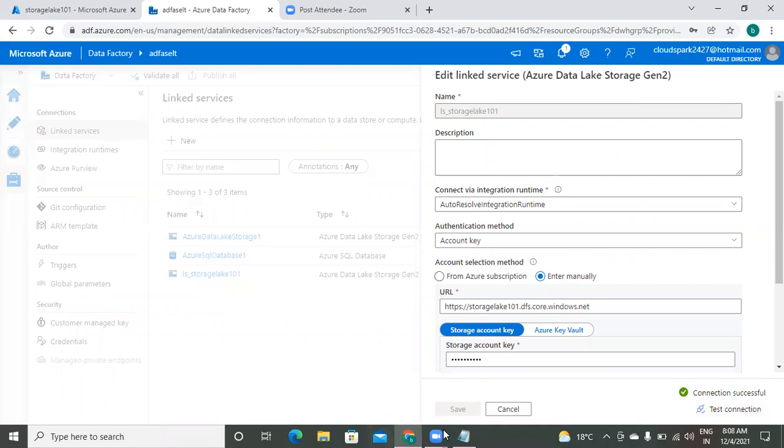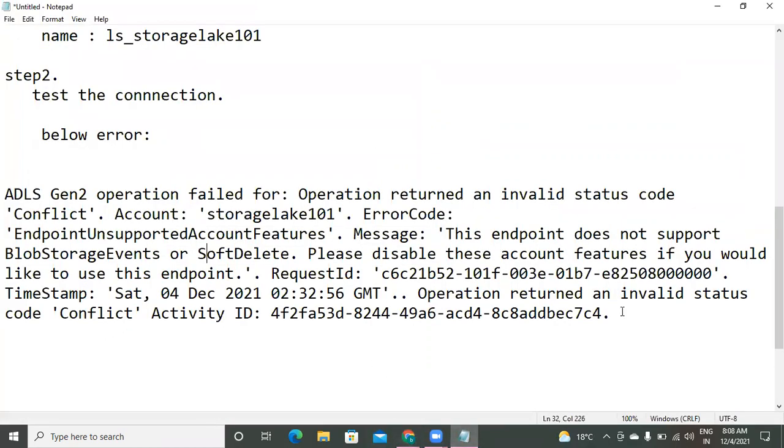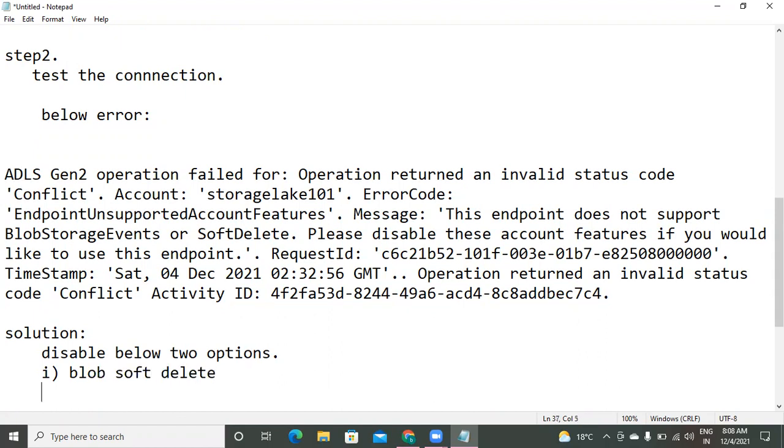Got it? So what is the solution? I am typing it out. I will share these notes with you also, sir. What is the solution? Disable the below two options: blob soft delete, and second, container soft delete.